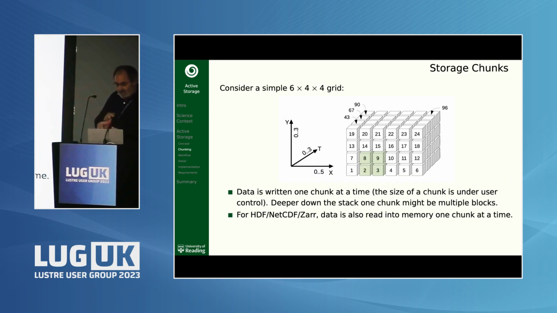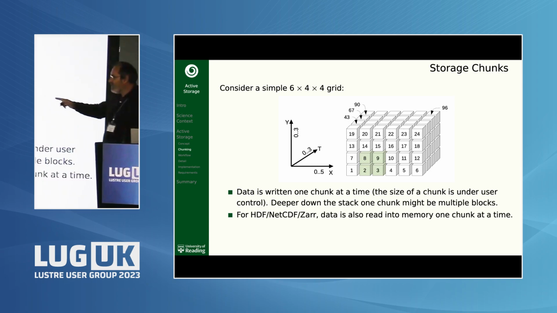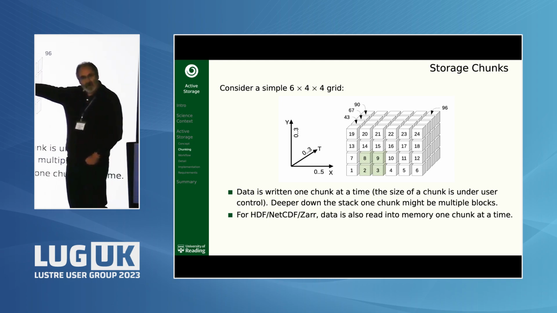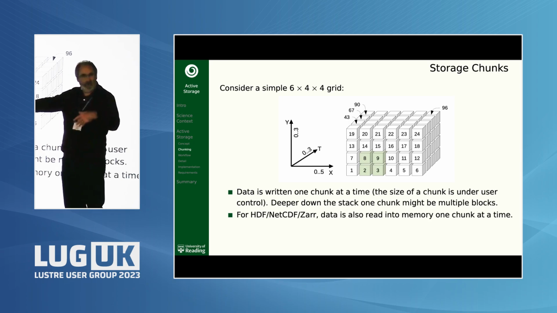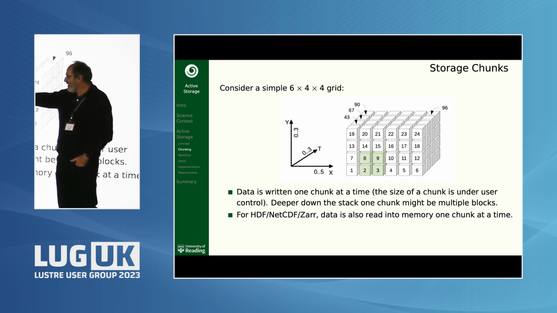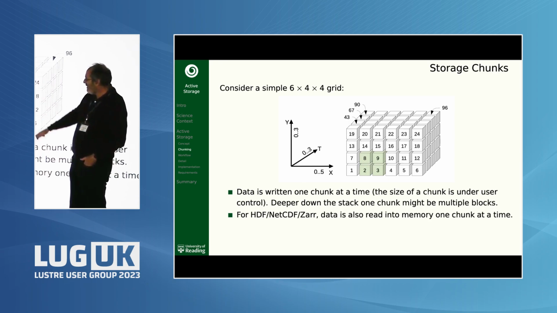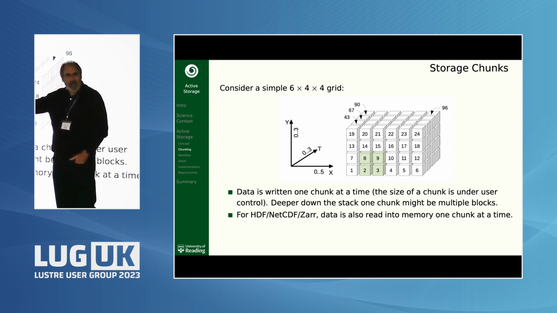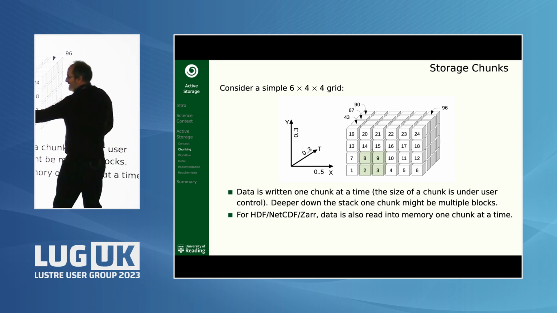But the hard part of doing this is storage is a little bit complicated. You all know that. But if you just think about if I'm trying to store one of these grids of the world in there, I might have a bunch of boxes for my X, Y. In this case, I've forgotten Z. But if I just think about X, Y, and T, each time step is going that way and my spatial is going that way. If I want to just deal with that map there, it all depends on how I've written the data to storage. If I've written the data that way, 1, 2, 3, 4, 5, 6, 7, 8, 9, 10, 11, 12, then